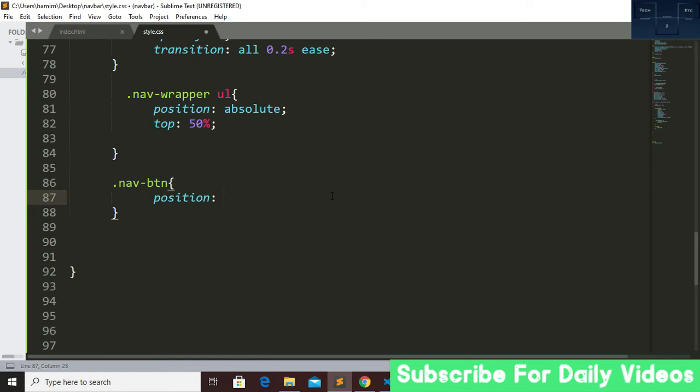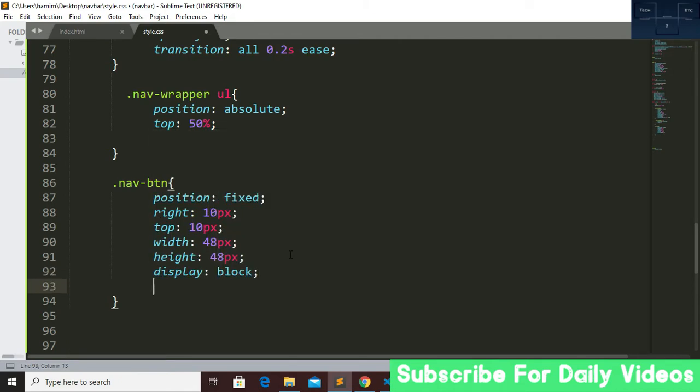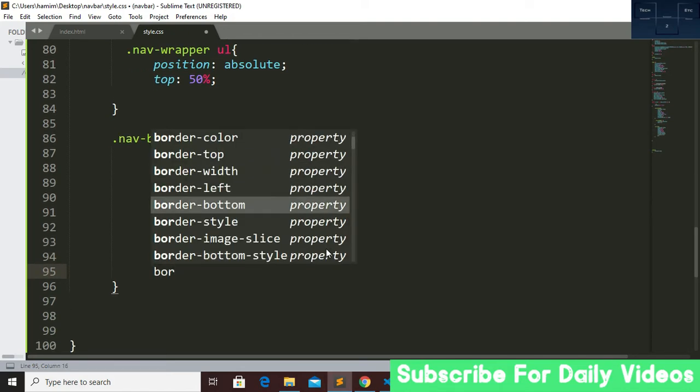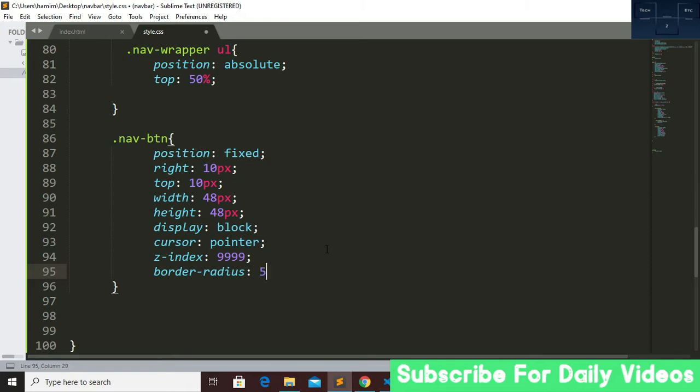So I want position to be fixed, and from right it will take 10 pixel, and from top it will also take 10 pixel, and width will be 48 pixel, and height will also be 48 pixel, and display will be block, and cursor will be pointer, and z-index will be 999, and border radius will be 50%.